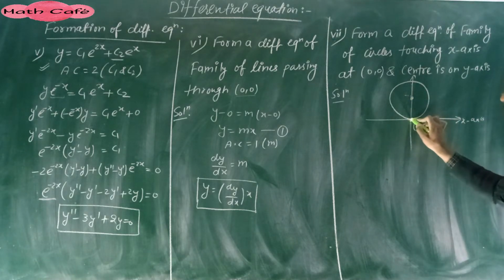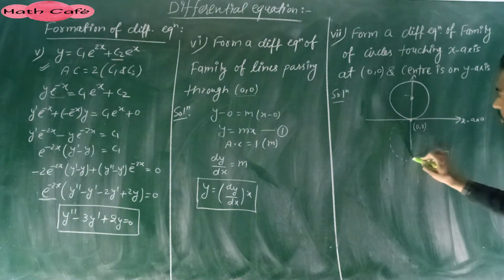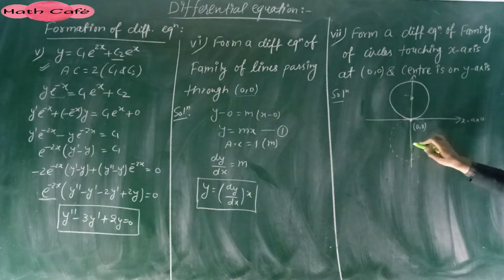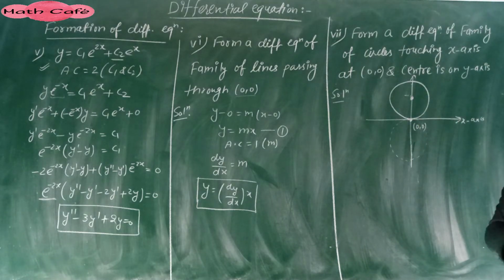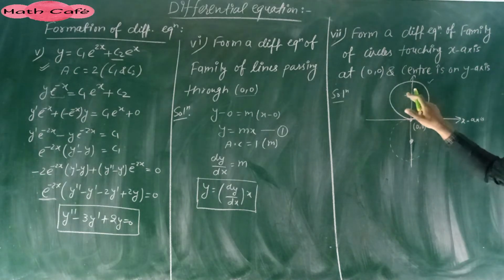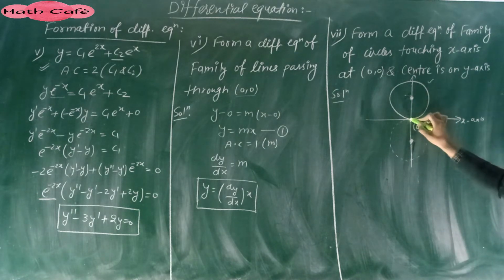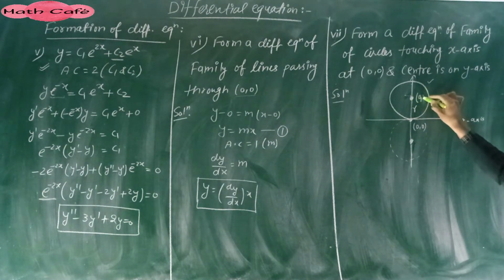I can draw the circle as this also. Alright, I can write the circle as this also. Why? Because in this diagram this circle is touching x-axis at 0, 0 and center is lying on y-axis. Alright, so I am taking this circle to obtain differential equation for this problem. Circle, so center is there and this circle is touching x-axis on the origin. So let's say this distance is r. So this is radius of the circle. So this center will become 0, r.